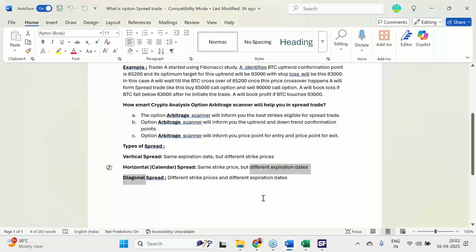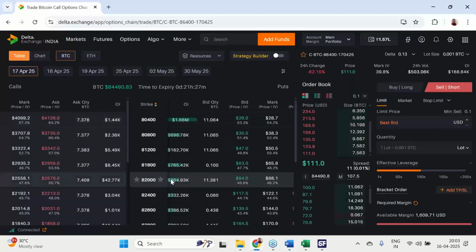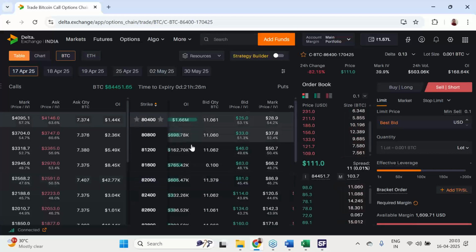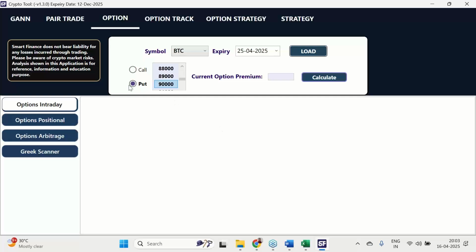So coming to our spreads, this is what our spreads are: vertical, horizontal, diagonal. All 3 spreads we can initiate here. Coming to the money, how we'll make money here, that is very important. What is the process of making money? Simple example. I am just going to my own